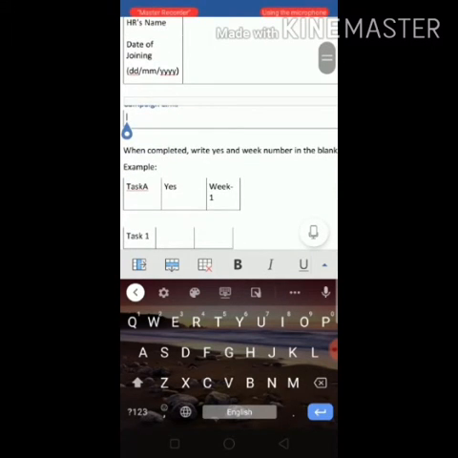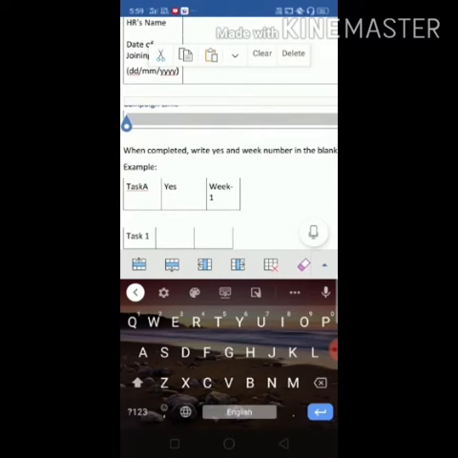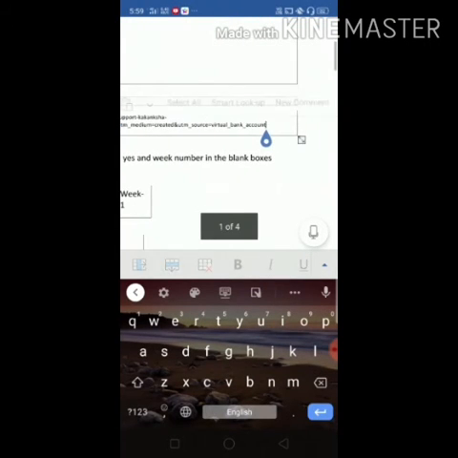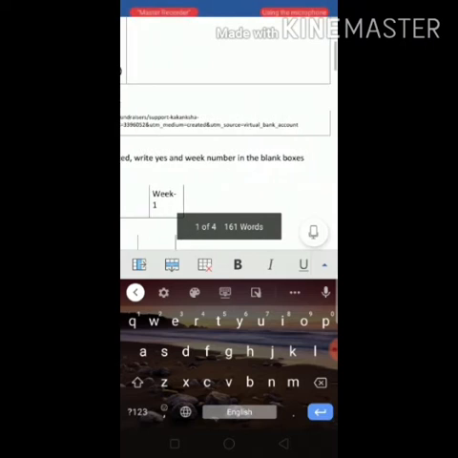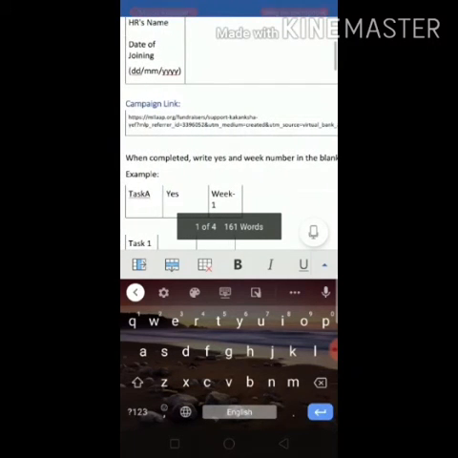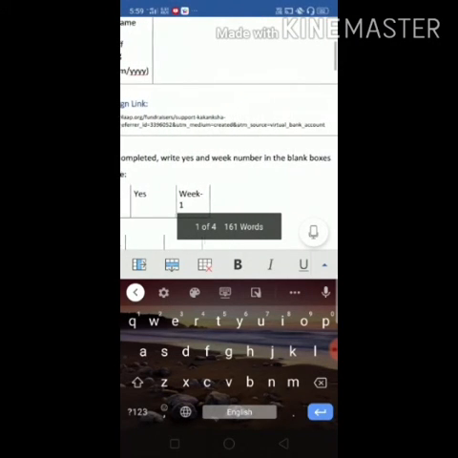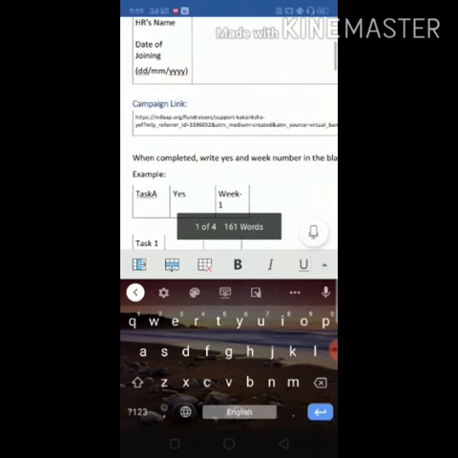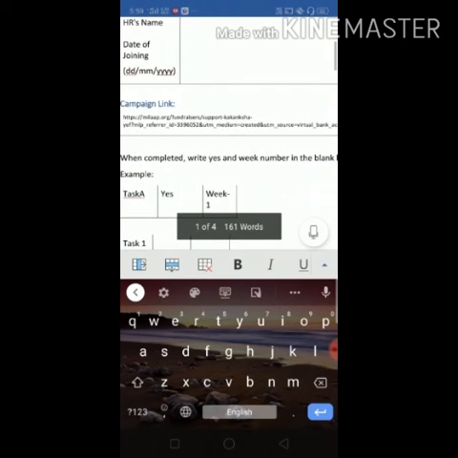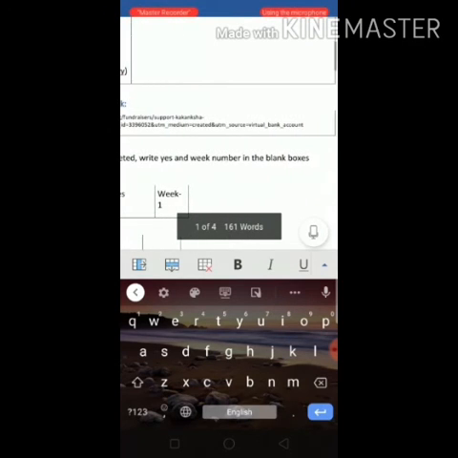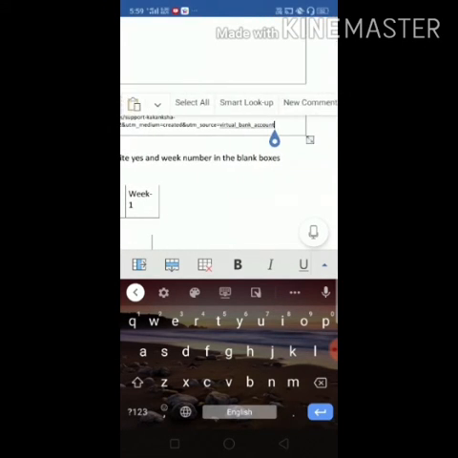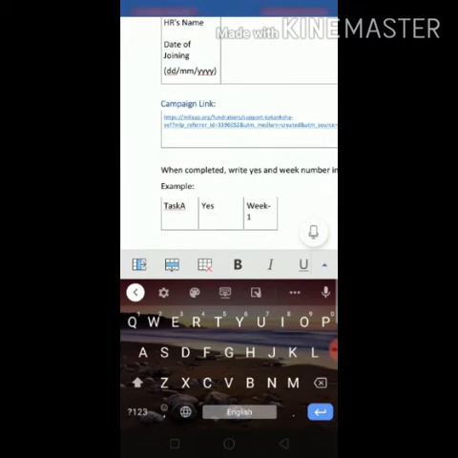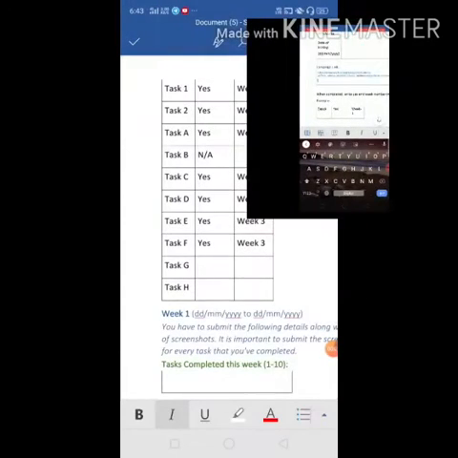Here you have to paste your Millap campaign link which you must have created under task A. So just paste that here and try to keep it in blue color, because if it is in blue color it is directly accessible from your weekly report itself, so it is very easy for us to keep track. For example, now my link is not in blue color, so I will press the enter key and yes, it has become blue. So try to do that.